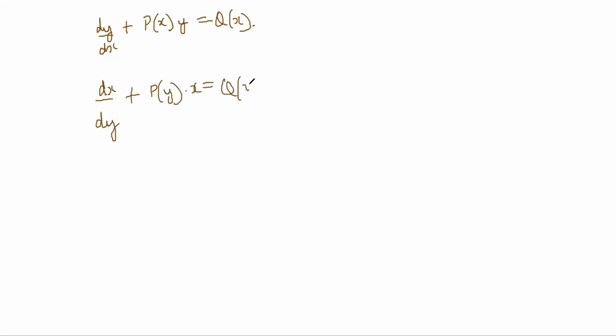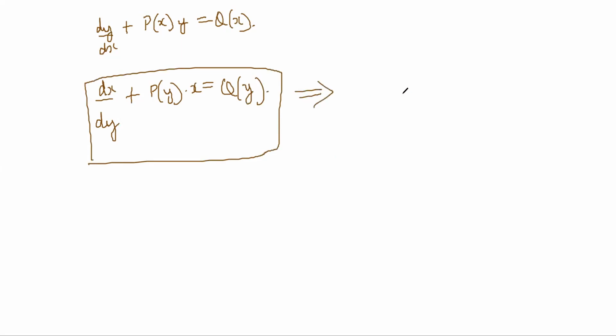1 plus y square dx is equal to tan inverse y minus x dy. This equation contains y square and tan inverse y and is not linear in y. Only x occurs, so it can be written as a linear equation in x. Basically, what we had was dy by dx plus Px into y is equal to Qx. Instead of this, you could also have dx by dy plus Py into x is equal to Qy.